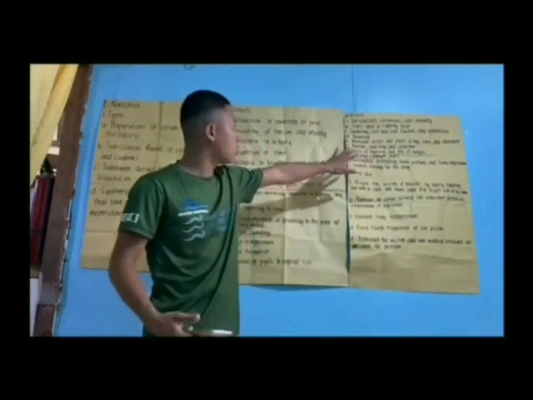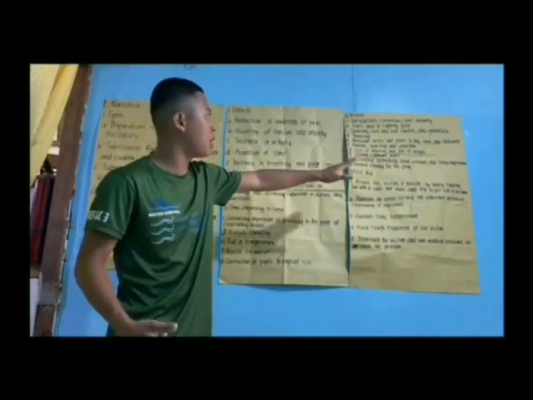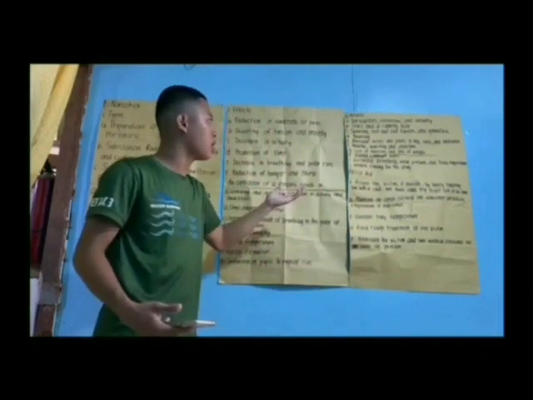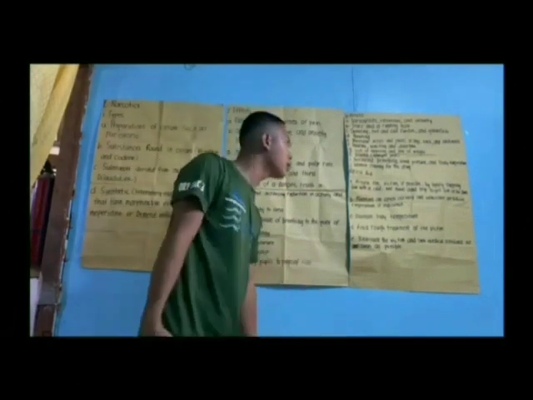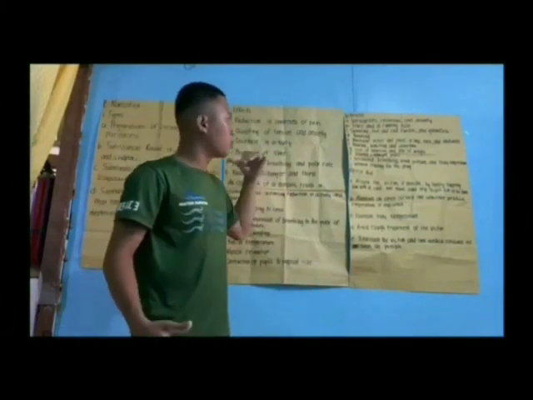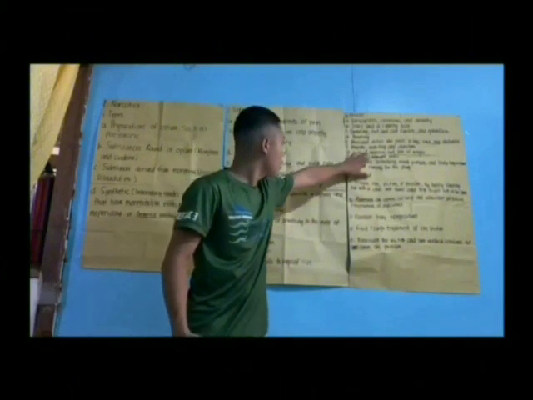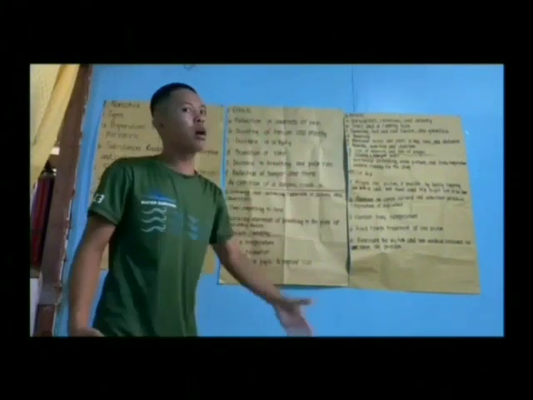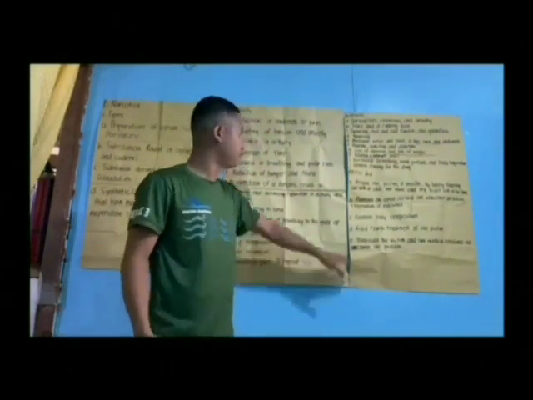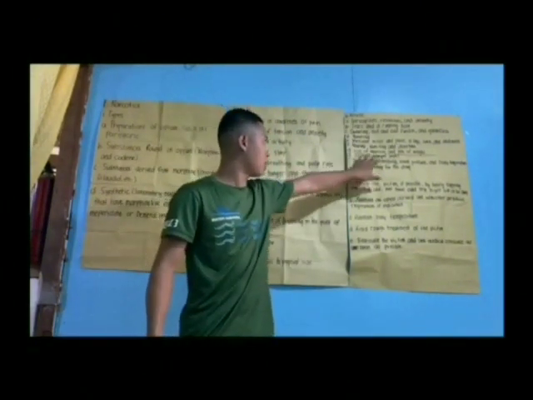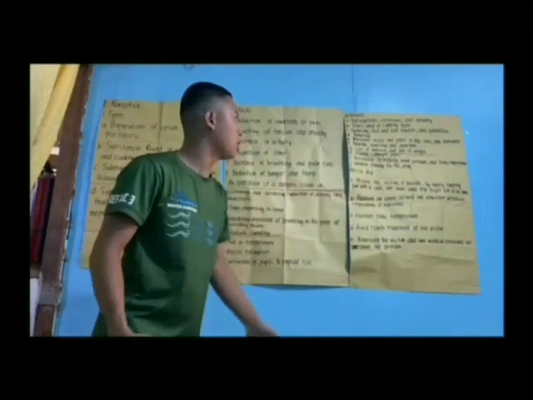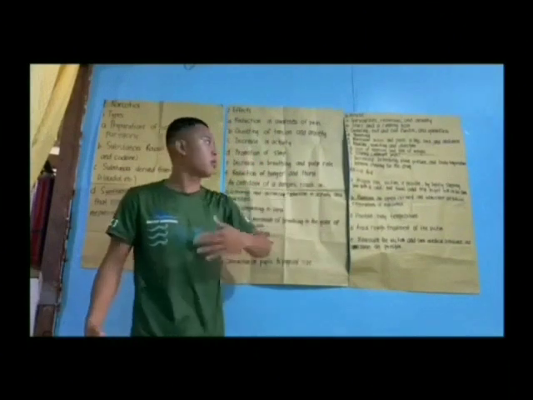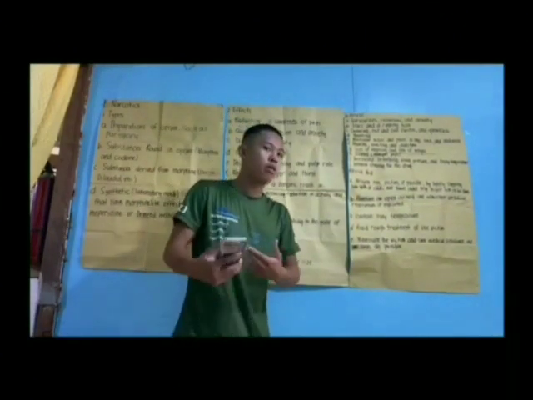Then muscular aches and pains in the legs, back, and abdomen, so your back and legs hurt. Then nausea, vomiting, and diarrhea. The next is loss of appetite and loss of weight, so you don't feel like eating, you lose your sense of taste, or you get thin and lose weight.